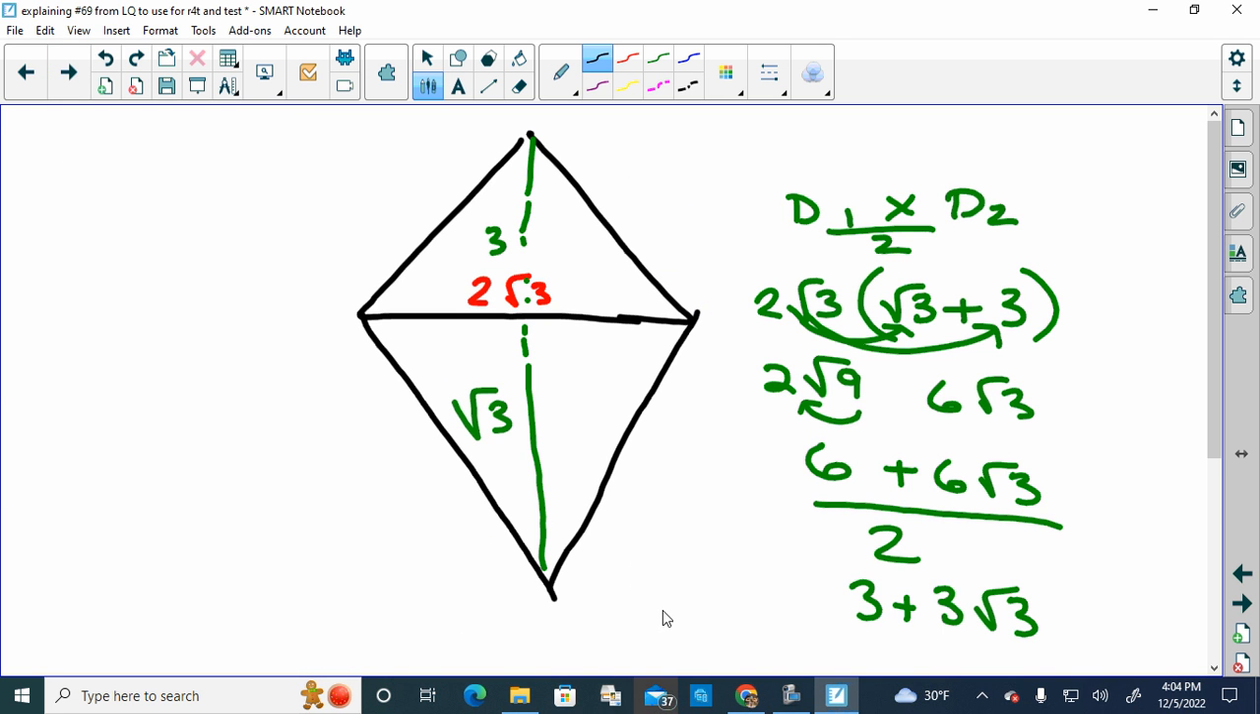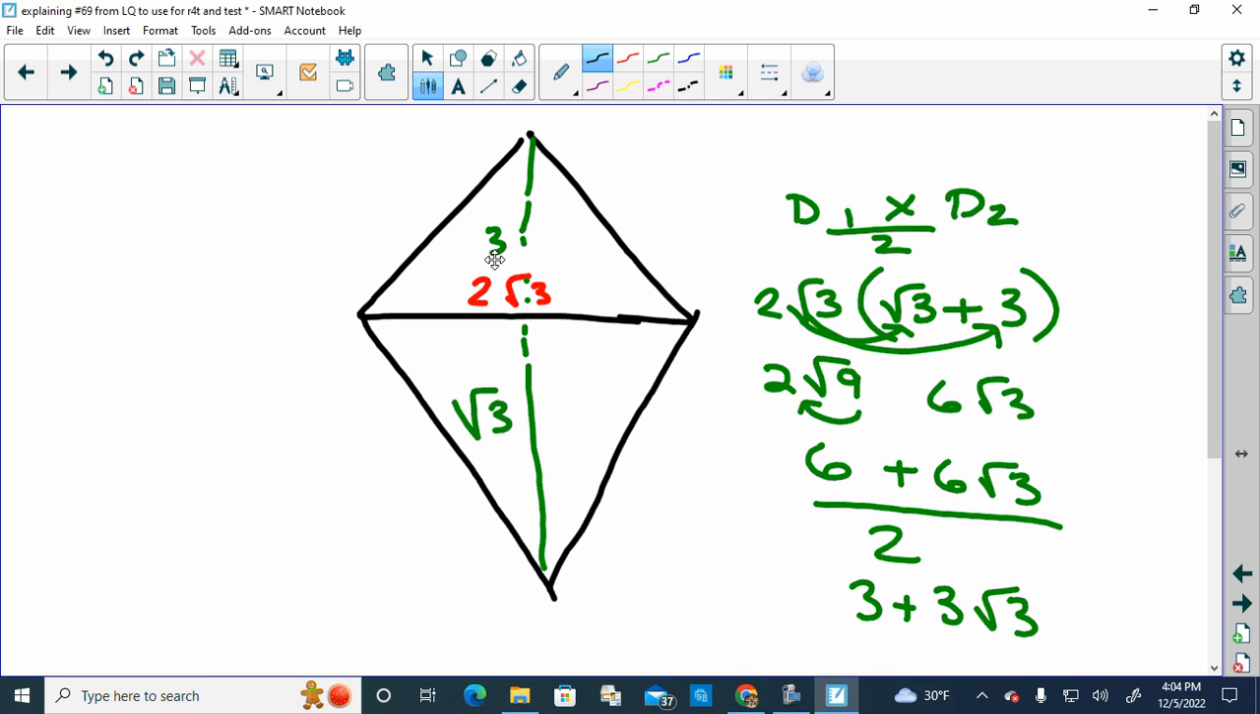Okay, so I drew the drawing here. Okay, so we know going across here was 2 rad 3 at the very beginning. We solved for this one, and it was rad 3, and we solved for this one, which is 3. If this was 3 and this was 4, you would be adding them together to get 7, right, to find the total distance. Well, because one of these is a whole number and the other one is a radical,